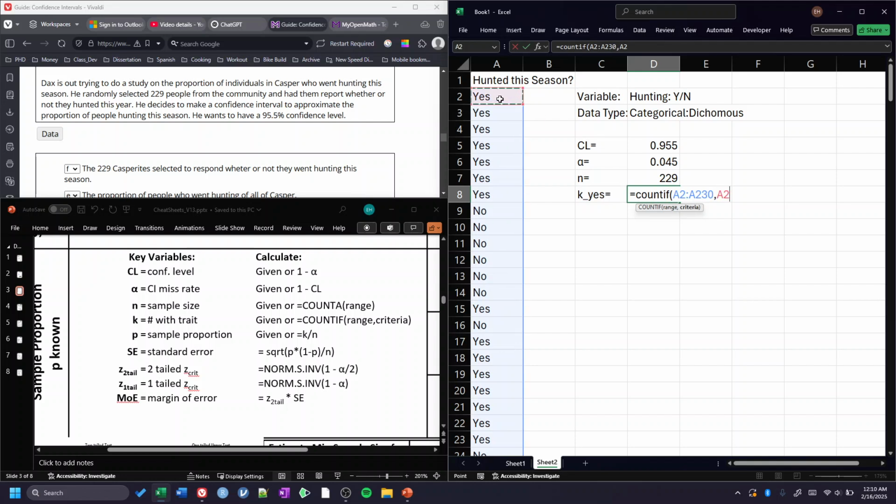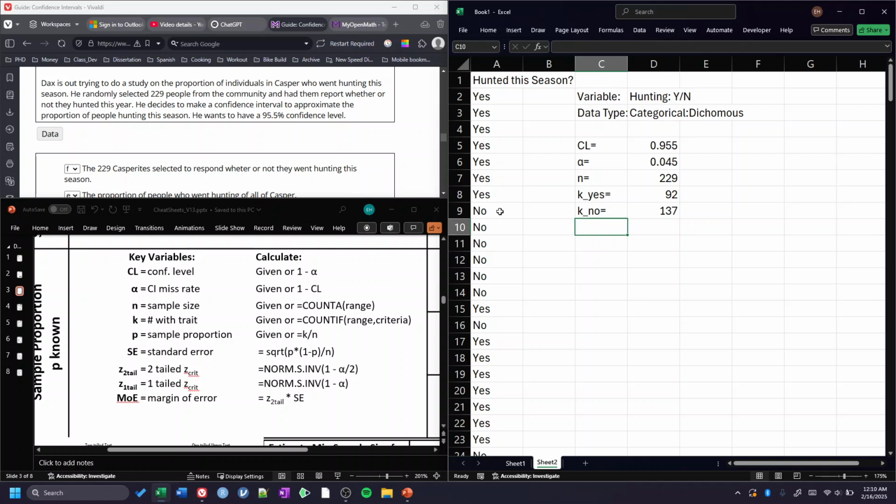And I just clicked on, it doesn't matter which yes you click on. I'm just going to say, how many yeses are there? And we have 92. And I'm going to say K of the no's is going to be equal to COUNTIF, same range, and this time I'm going to click on no and see how many no's we have. So you see I have at least 15 yeses and I have at least 15 no's, and so I am